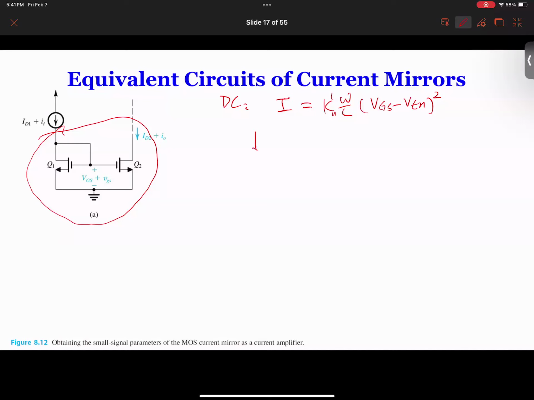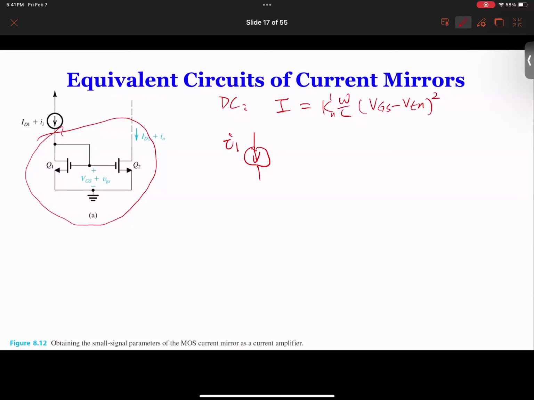So I'm going to draw the equivalent circuit like I1, and I'm going to draw this Q1 and Q2. I'm going to draw the equivalent circuit. So this equivalent circuit is going to become